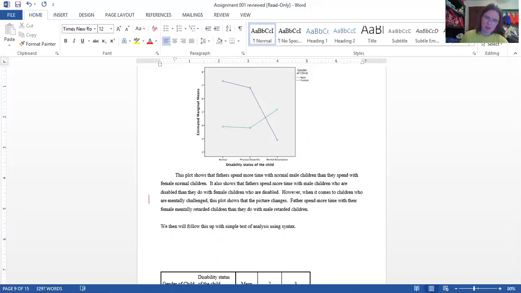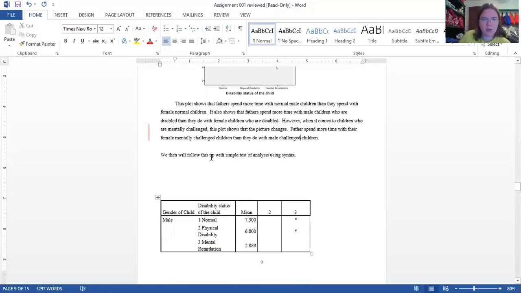The fathers spend more time with the female mentally challenged children than they do with the male mentally challenged children. So when we look this up with the test of simple effects,